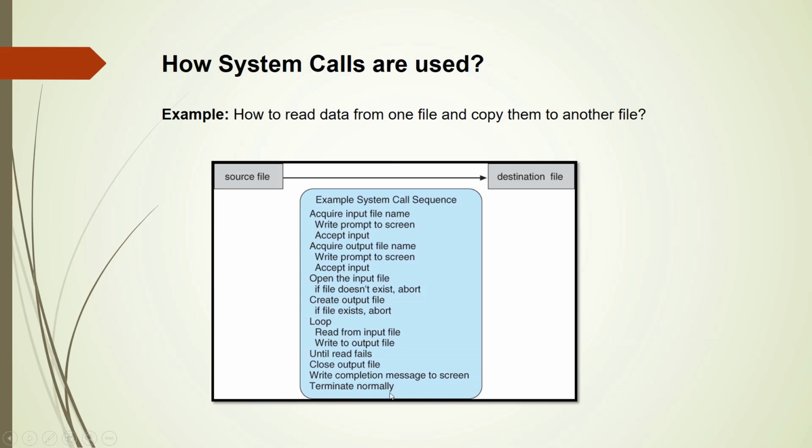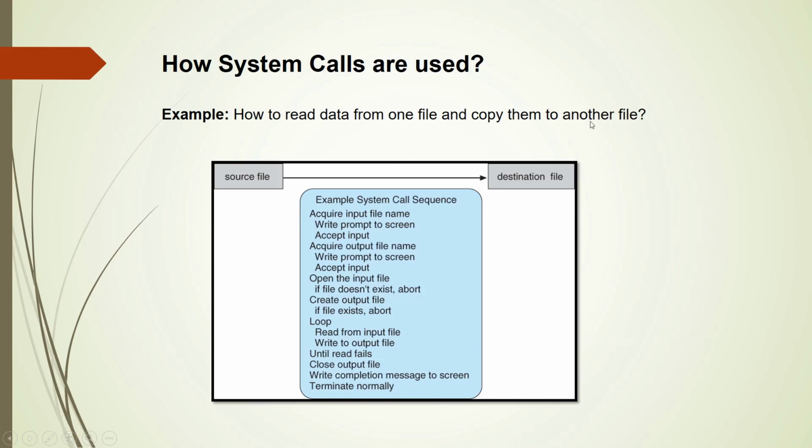That means the program will terminate normally, so it will be one more system call. So in this example, there is a sequence of system calls from the first step till the last step. Now we will see how the program to read data from one file and copy them to another file is actually using the system call.